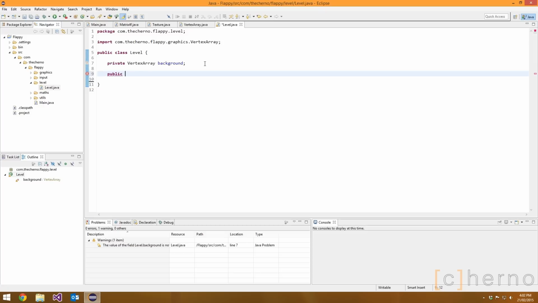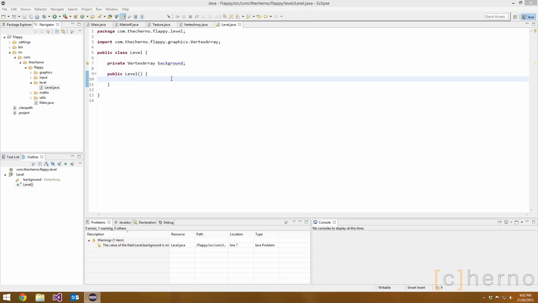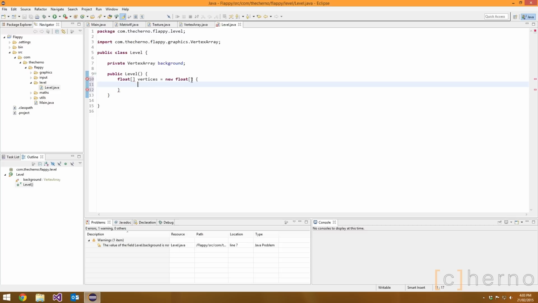Let's make a quick constructor here. Not a quick constructor, a slow constructor. So what we'll do here is we'll actually create the background, for example. So let's make up the vertices for our background. So these are our BG vertices. I think everything else will probably have its own object, so I'm not going to bother calling it BG vertices. Okay, great. So these vertices,